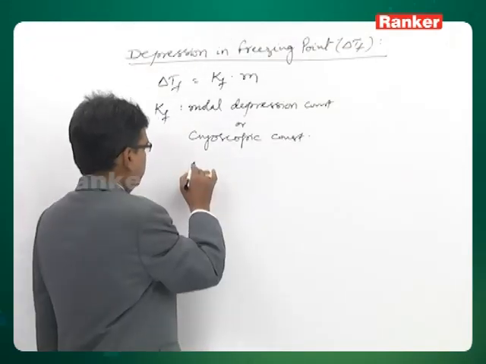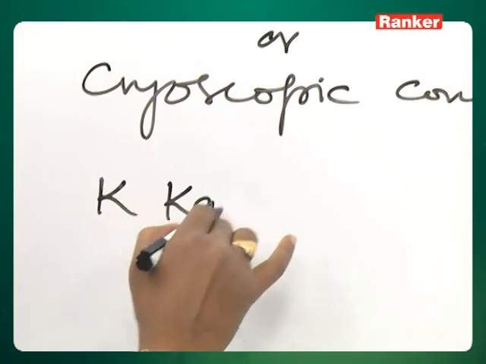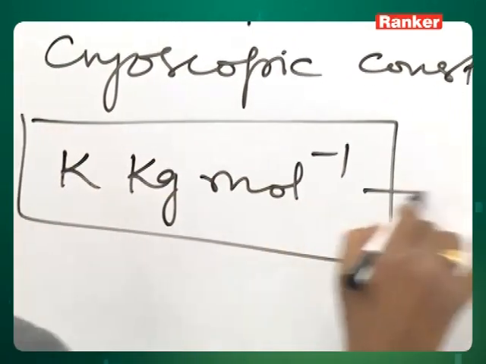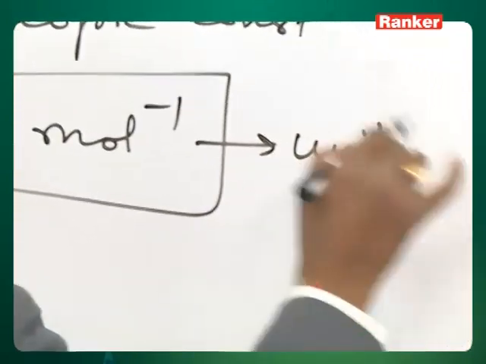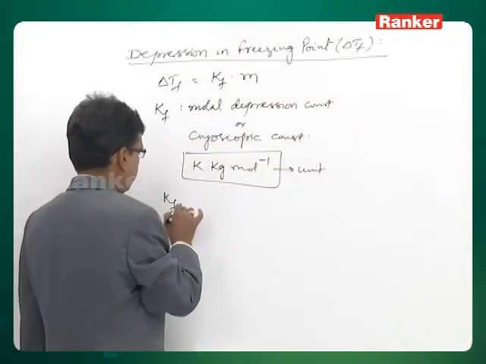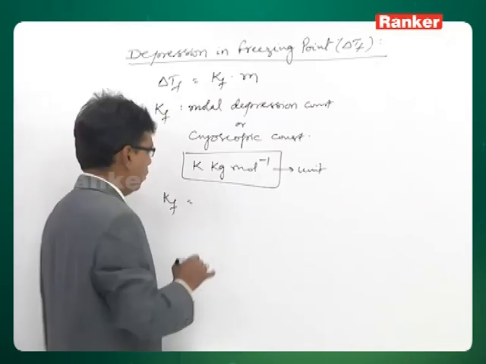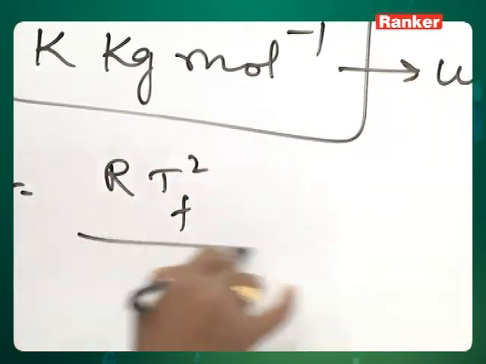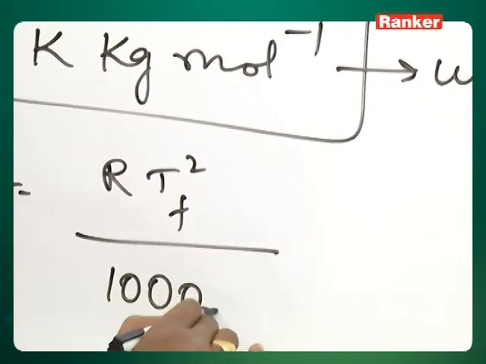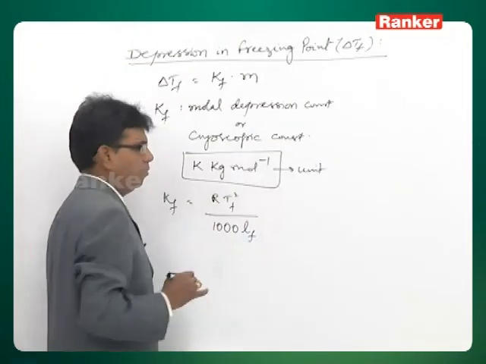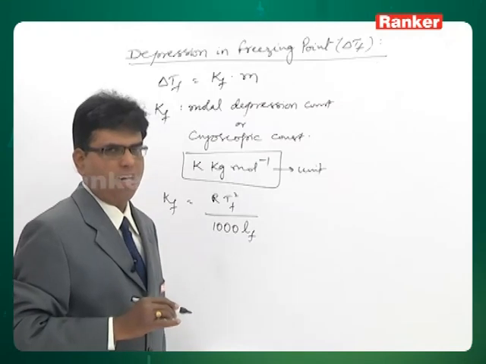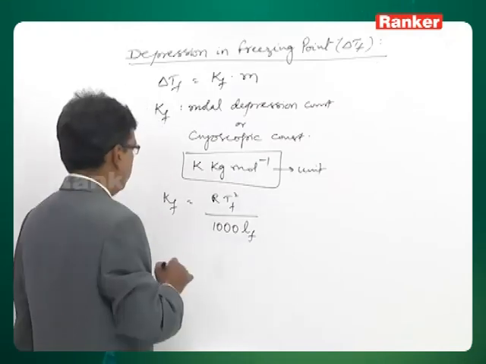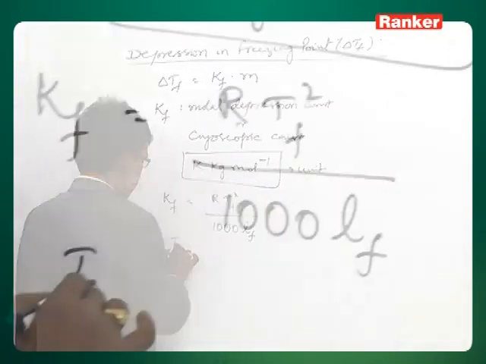The unit for this is again Kelvin kg per mole, and this Kf is equal to R TF square by 1000 Lf. This expression is exactly similar to what we wrote for Kb in the case of boiling points, where